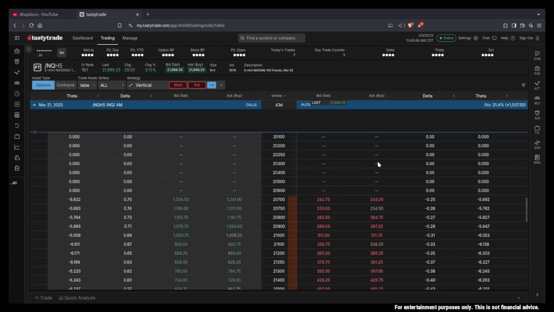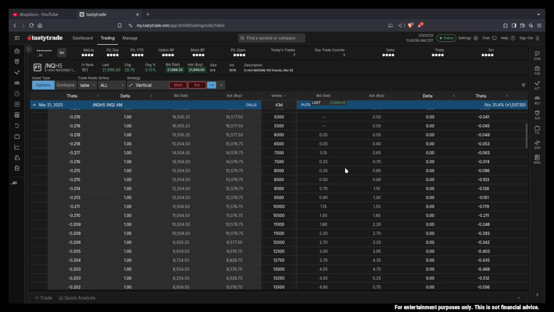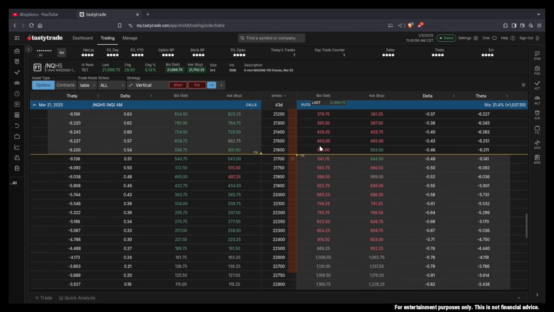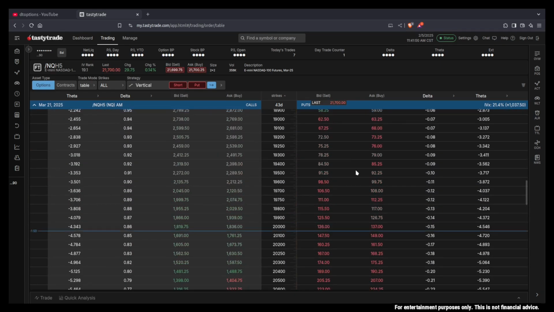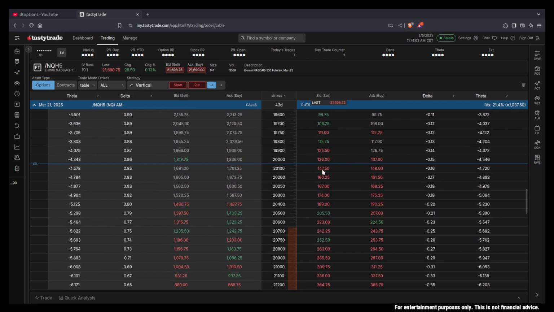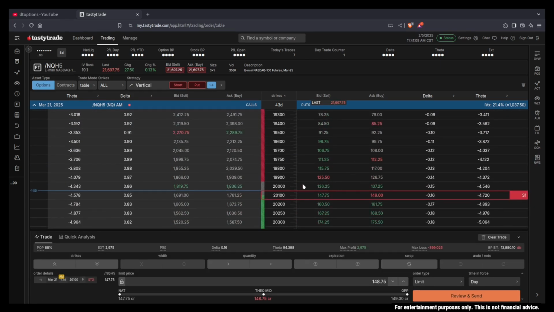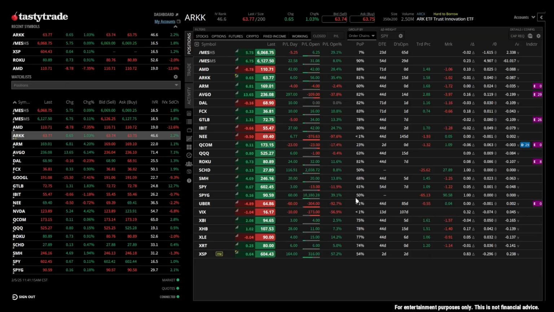For example, if I want to go sell a put in NQ, go find the put that I want to sell based on its delta. Scrolled way too far down here. Let's find a 16 delta put, and I can click on it. I can click on the bid price. That's a sell. If I click on the ask price, that's a buy. So it's very easy to buy and sell options right from the options chain,